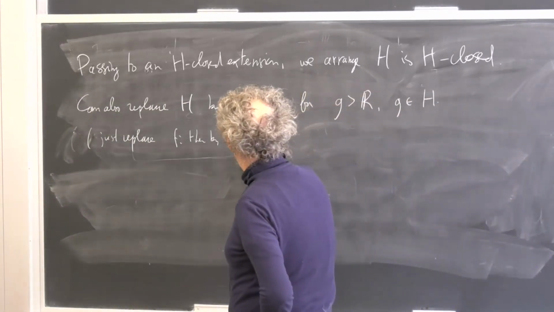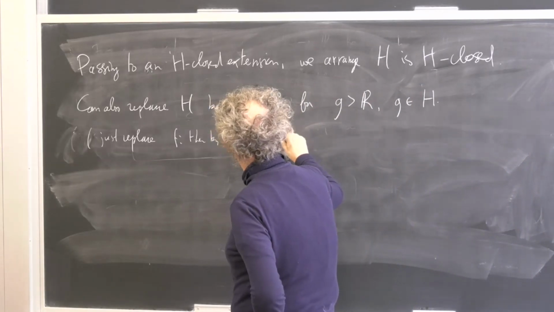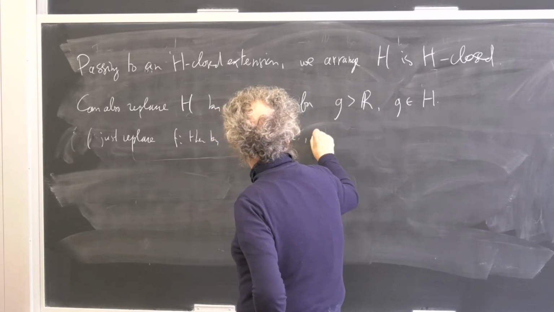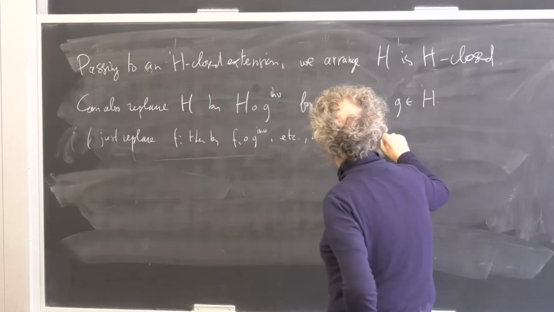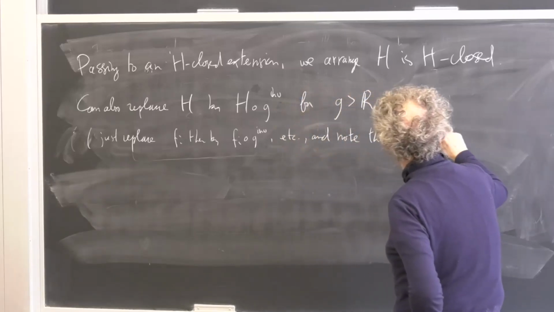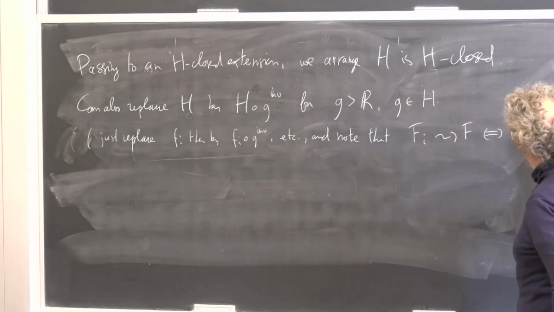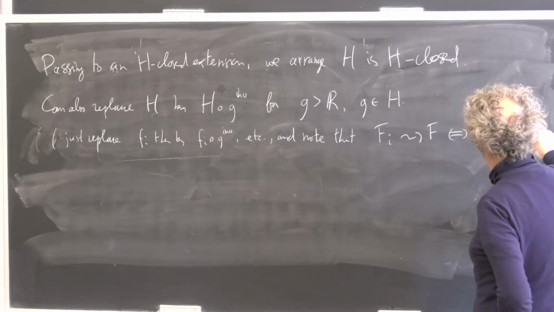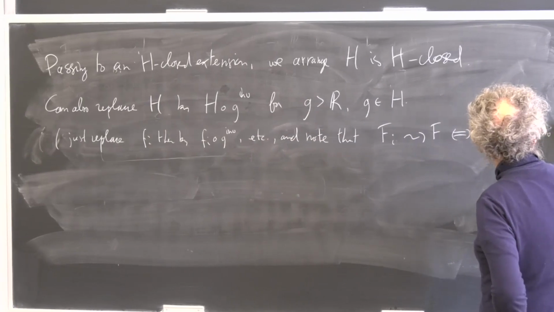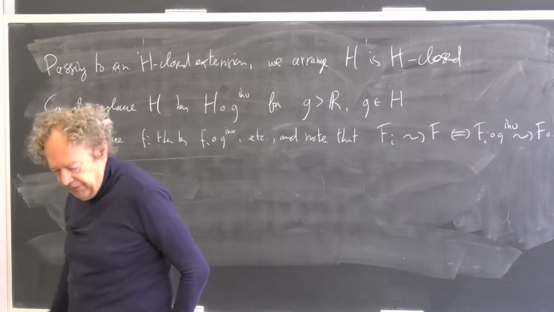Just replace Fi then by Fi composed with G inf, etc. And note that Fi will pseudo-converge to F if and only if Fi composed with G inf does. All these little maneuvers are